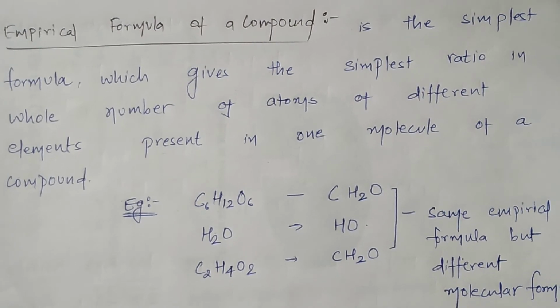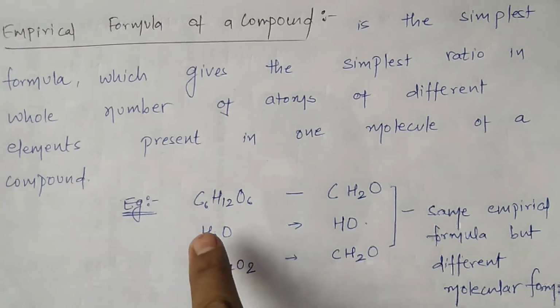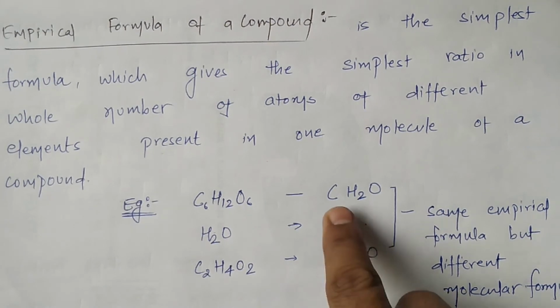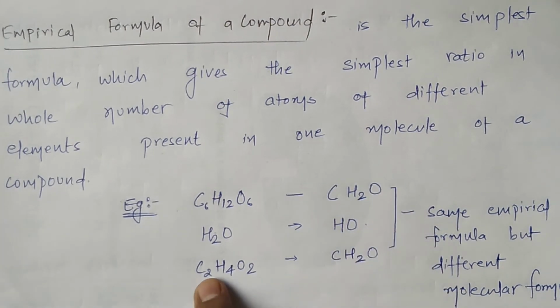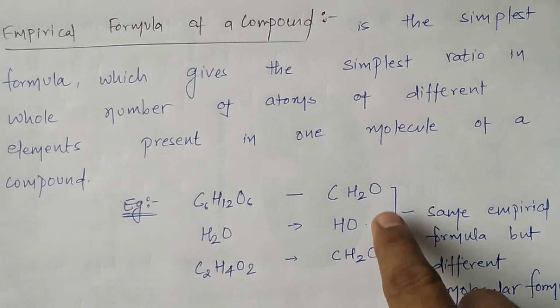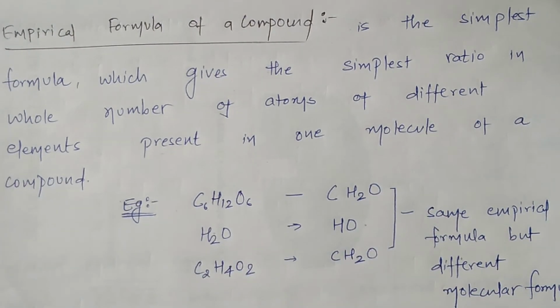Is that clear? Now comes the empirical formula. What is the empirical formula? Again, a very easy thing. The empirical formula is the simplest formula which gives the simplest whole-number ratio of atoms of different elements. You can read in the book. In the simple way I want you to understand, if it is C6H12O6, take the LCM, so it will be CH2O. Similarly, acetic acid C2H4O2, take the LCM, CH2O. If you see carefully, the same empirical formula is there for glucose as well as for acetic acid, but they have different molecular formulas. And how you are going to calculate that?